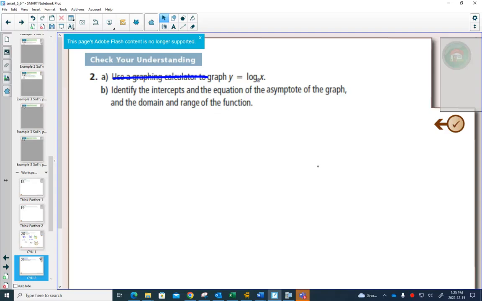Is graphing logs. So to start off with, we remember that logs are inverses of exponentials. So a log base 8 of x graph is related to a y equals 8 to the x graph. If I draw y equals 8 to the x here in green,